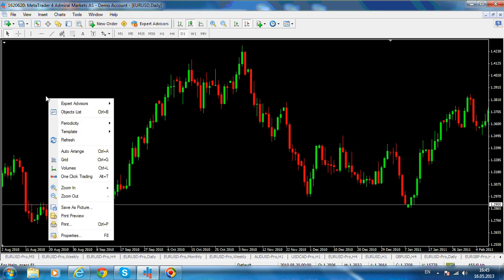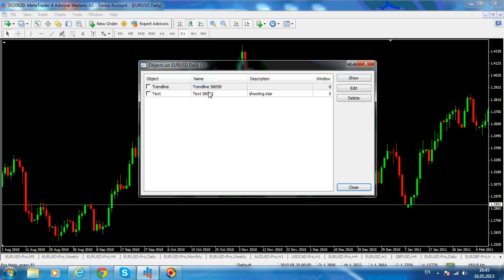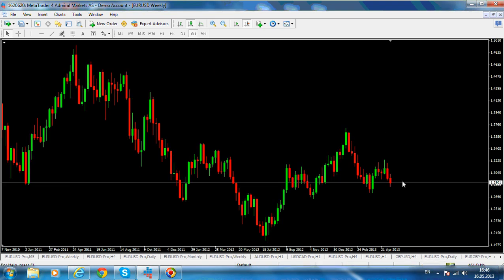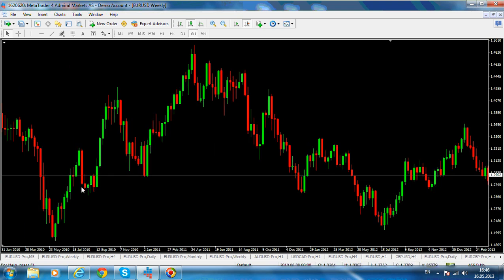Let's go on a different time frame. Let me clear the objects. Let's go even on the weekly chart. So on the weekly chart we are here, and now we are looking for an uptrend, and a shooting star. This is, let's say, a possible shooting star, but again, waiting for confirmation, and